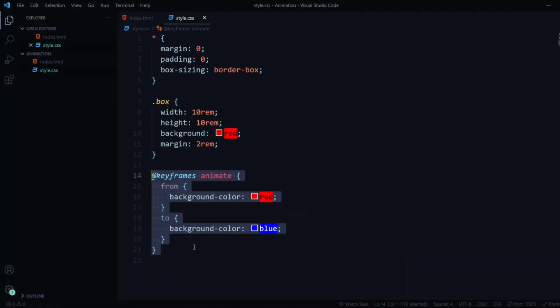Now if I go back to Chrome, you can see there's still no change. That is because I just showed you how you can add a keyframe. So just keep the syntax in mind, because we'll be needing it when we move forward. But when we want to use the animation, that's a different thing altogether. This is just creating an animation. Now using an animation is what we are going to see.